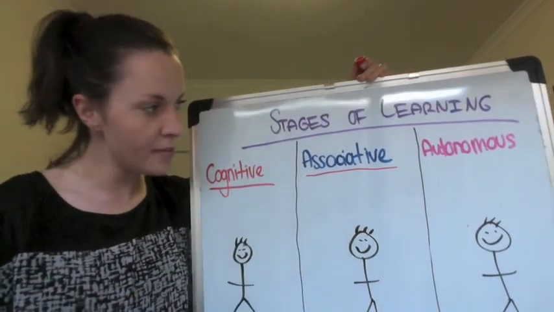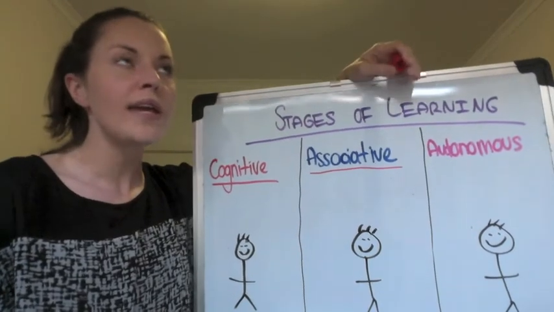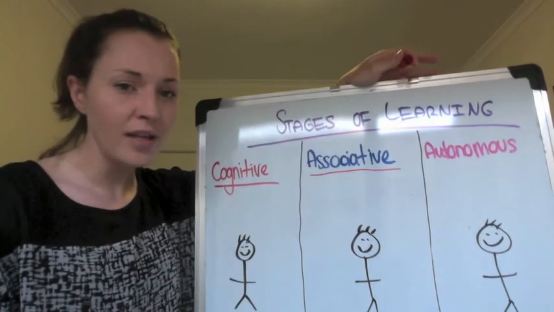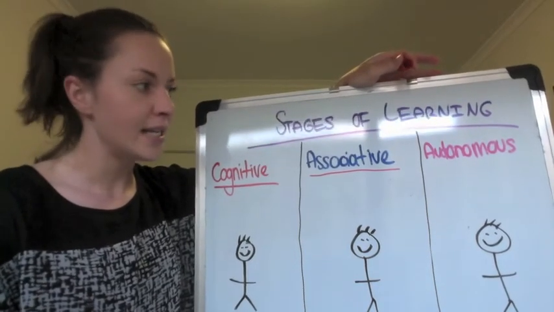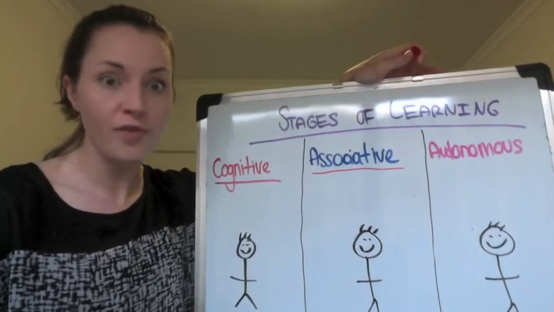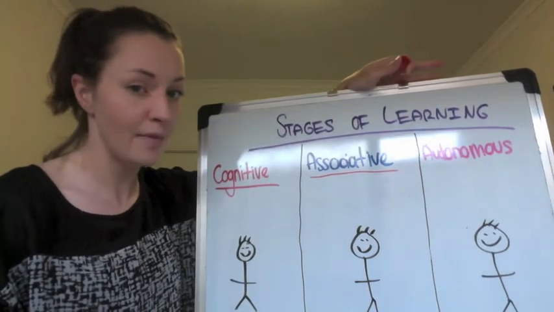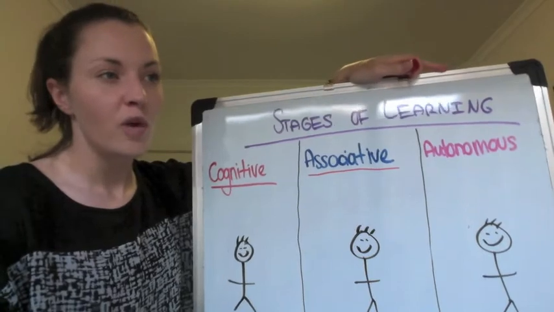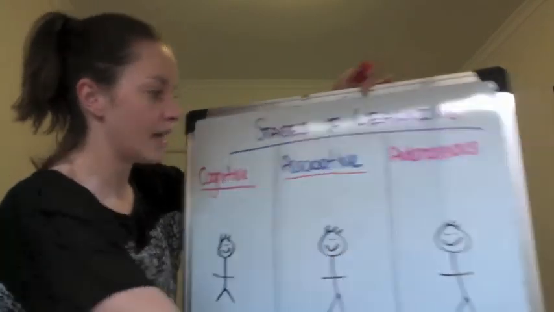With our autonomous stage, the movements are far more smooth, mistakes are quite rare, and the athlete is able to pick up on those relevant cues which help to guide their performance or help indicate to them which movement pattern to use. Okay, so